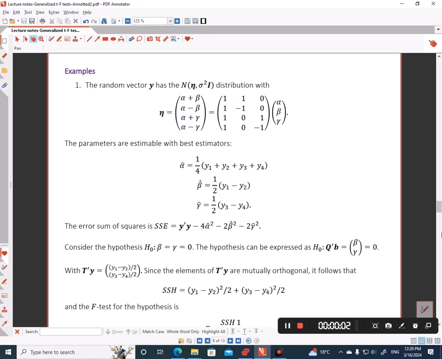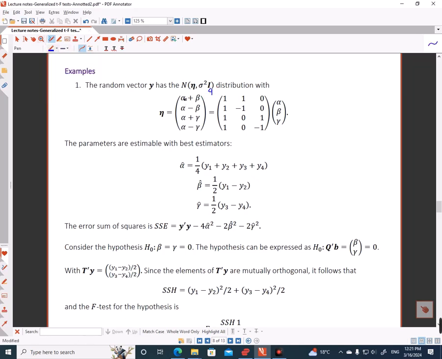Okay, now we consider two examples. In the first example, the random variable y has a normal distribution with the mean eta, which has this form. It's a four-dimensional normal distribution and variance covariance matrix sigma squared identity. Here, of course, we can obtain the estimates of the parameters in this way, but in order to be a little